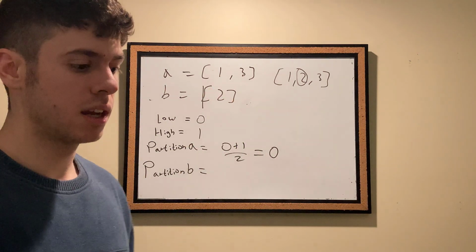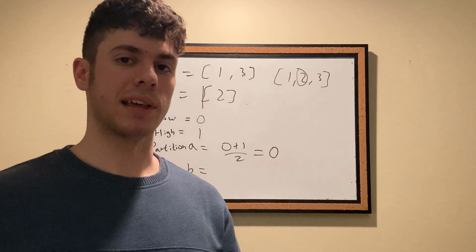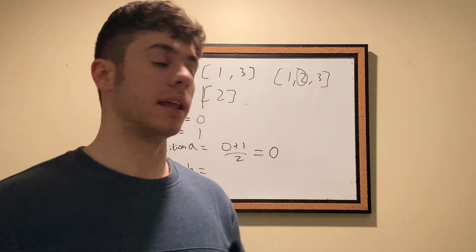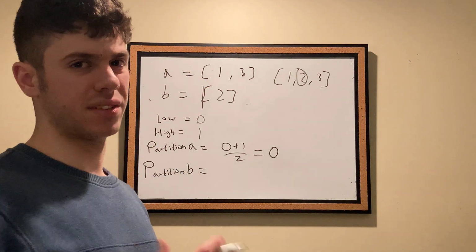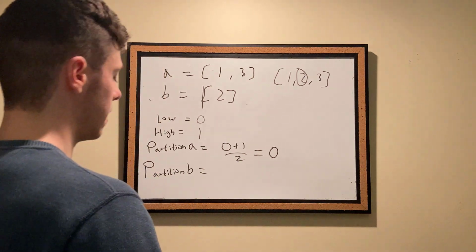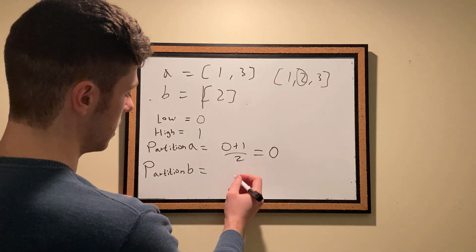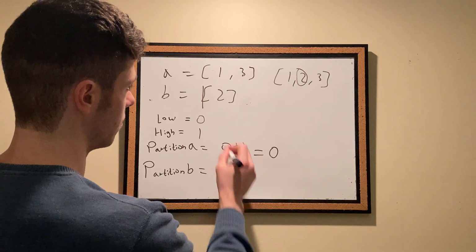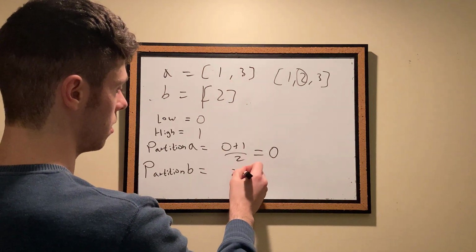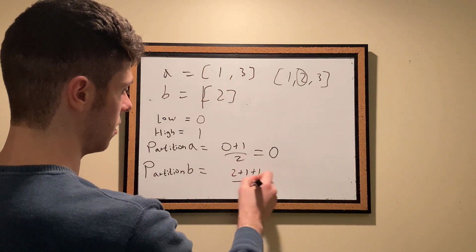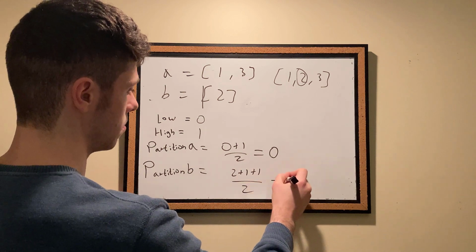So what that means is there's actually no elements in the left half, right? And this is kind of different. This is kind of an edge case, right? And the partition B here is going to be the length of, so 2 plus 1 plus 1 divided by 2 minus partition